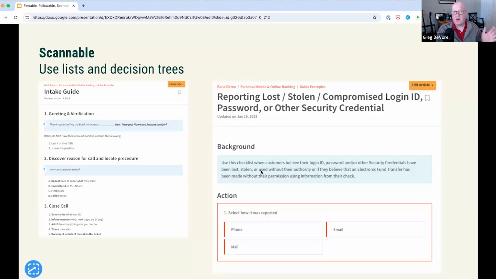And then the decision trees make all the difference when you're having to navigate a situation. It makes it so much easier to be scannable because I know right where I am in the process. I can jump back up if we have to back up, but it makes it much easier for that performance to turn out well.